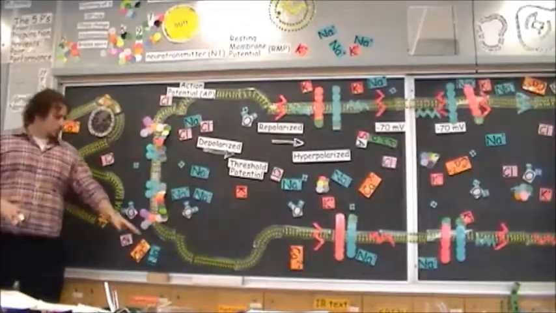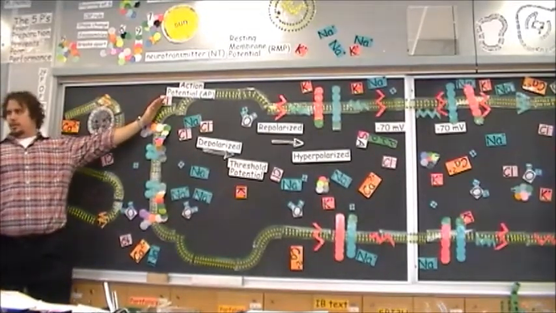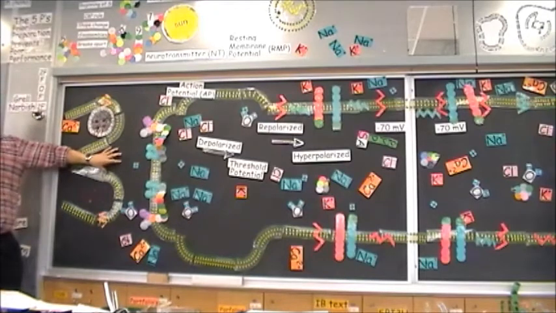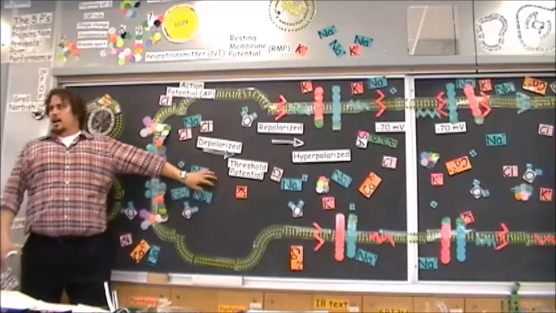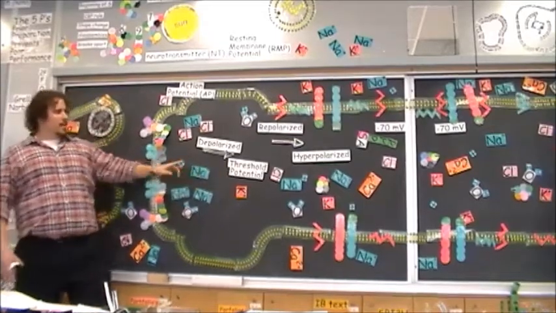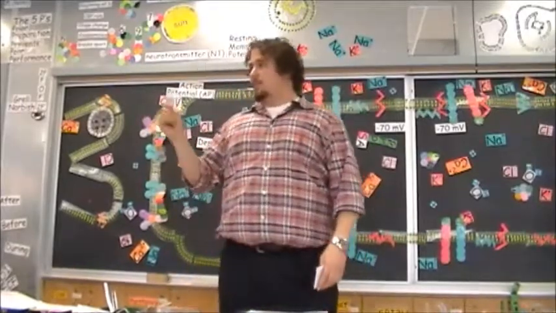What she's asking is, if this cell is surrounded by multiple nerves, say this nerve is not sending a signal, but these two are sending signals, absolutely, this can still fire, as long as it gets enough signal that you get up to the threshold potential, get up to negative 55, it doesn't